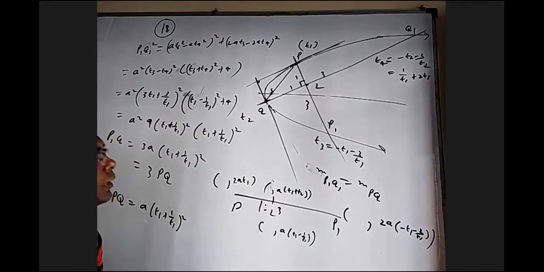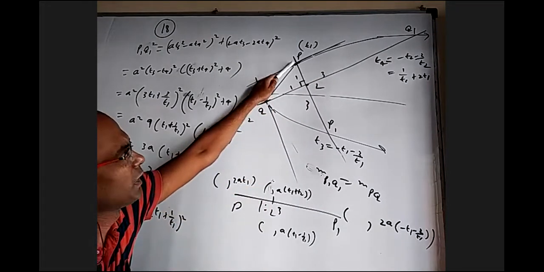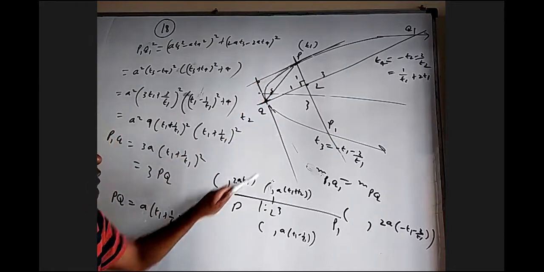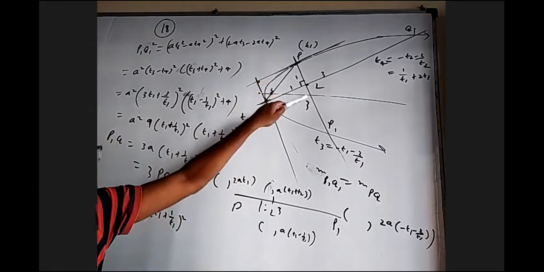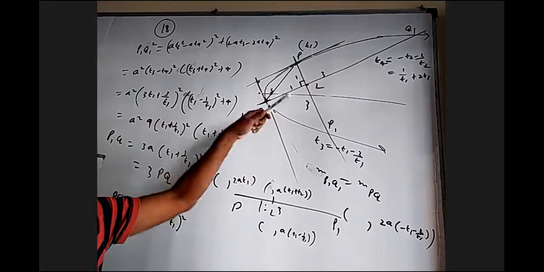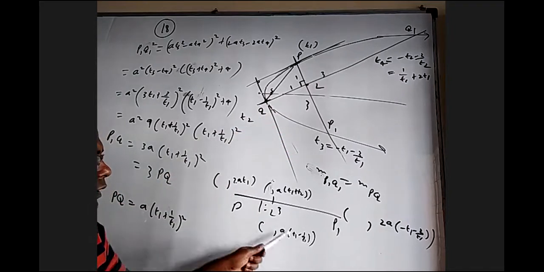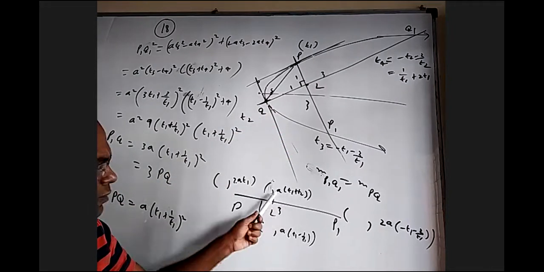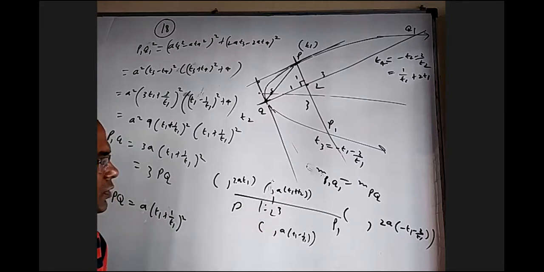How to prove? Point P we know. I took the y coordinate of that. L is the point of intersection of normals at t1 and t2. There's a formula for that. In that, t1 t2 equals -1. If I use it, I'll get a into t1 plus t2. Actually, it is minus a t1 t2 comma a into t1 plus t2, but t1 t2 is -1. In the place of t2, I wrote -1 by t1.